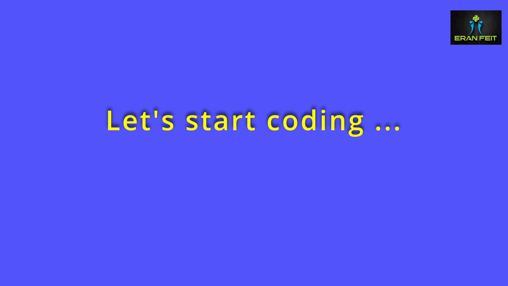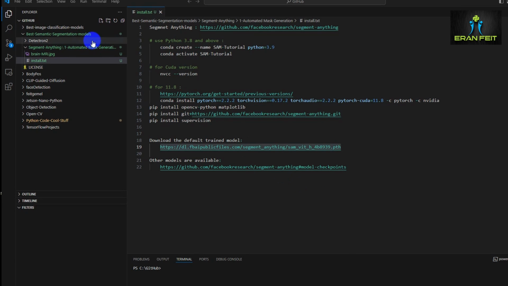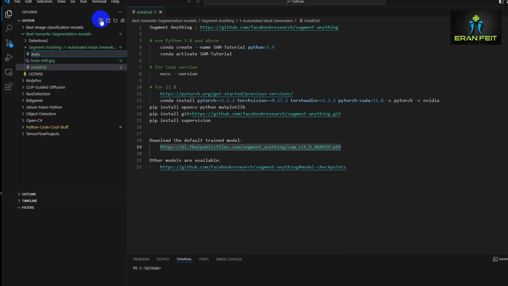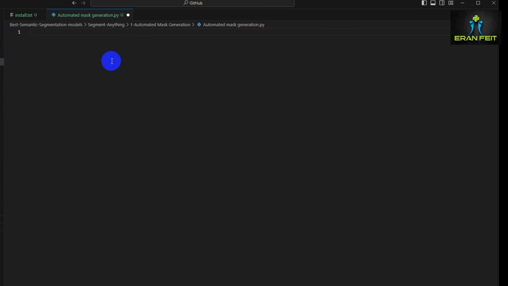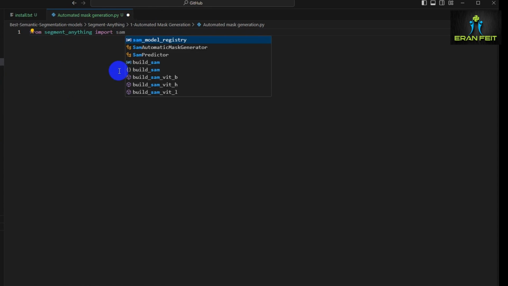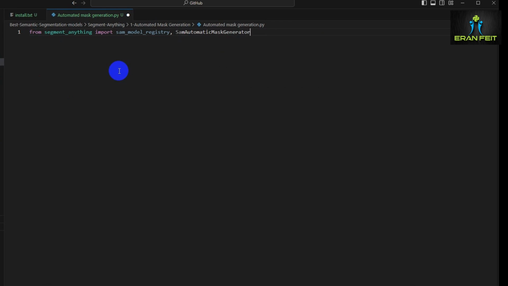Now let's start coding. Let's create a new Python file. We will call it automatic mask generation.py. Let's change the environment to the relevant conda environment, our new one, the SAM tutorial one, of course, and let's start coding. So first of all, we will import the SAM model registry and the mask generator, two relevant functions. We will import PyTorch,